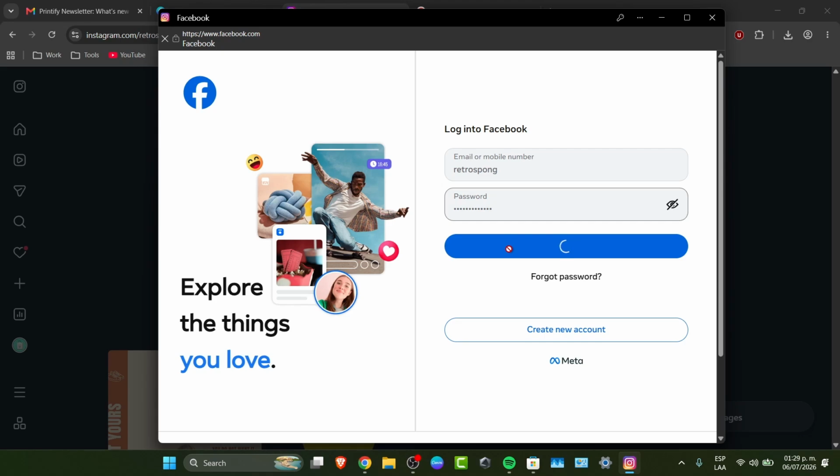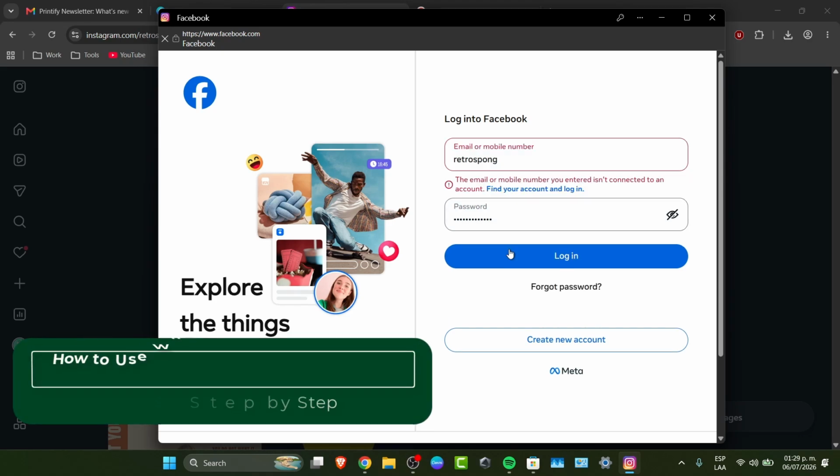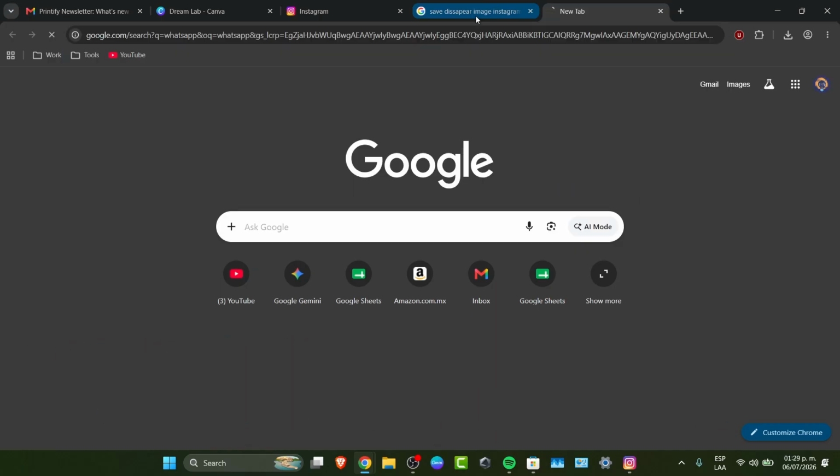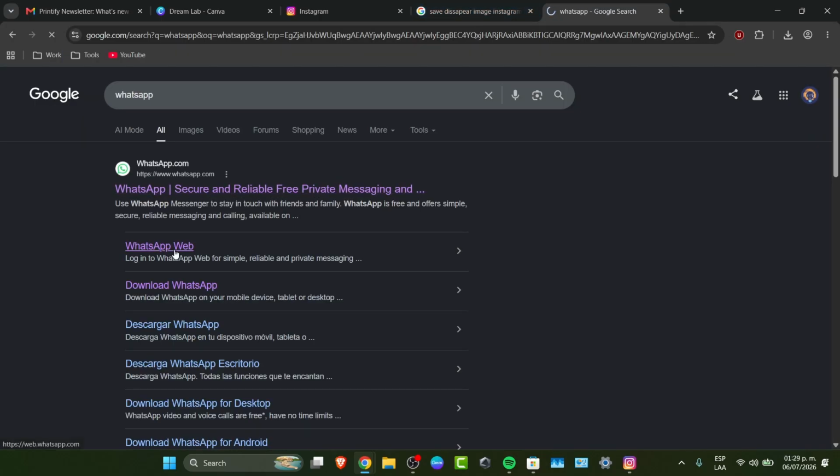Okay, people, if you wanted to use WhatsApp Web when it won't connect, the process actually is not that hard. So the first thing is that the phone-to-web sync is checked. My first and easiest way to make the connection is to make sure that